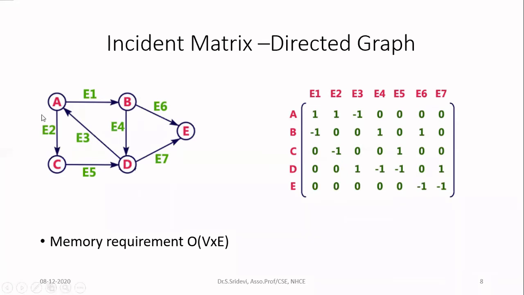So if I give you this graph, you should be able to write the incident matrix. Suppose if I give you only the incident matrix, you should be able to convert that into the graph. So how to do that? Forget that you have this graph with you. I'm giving you only this matrix. I'm asking you find the graph for this matrix. So from the matrix, you will identify that there are 5 nodes.